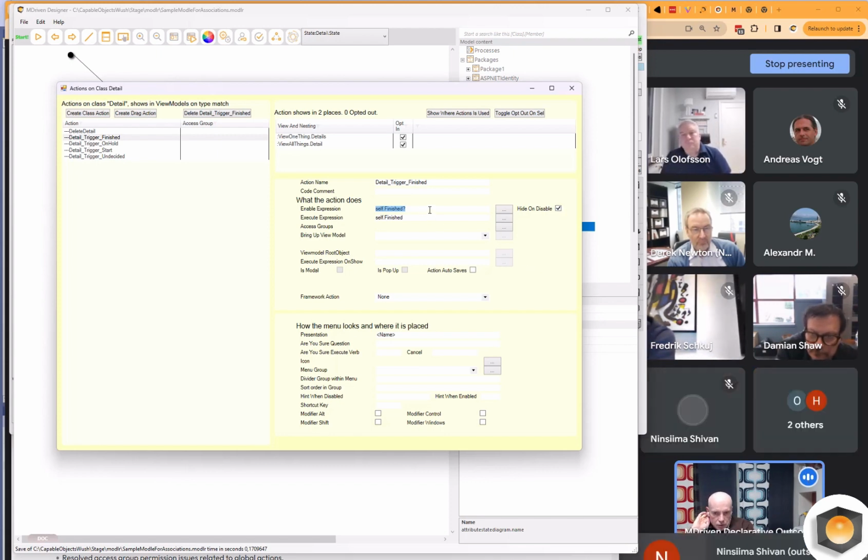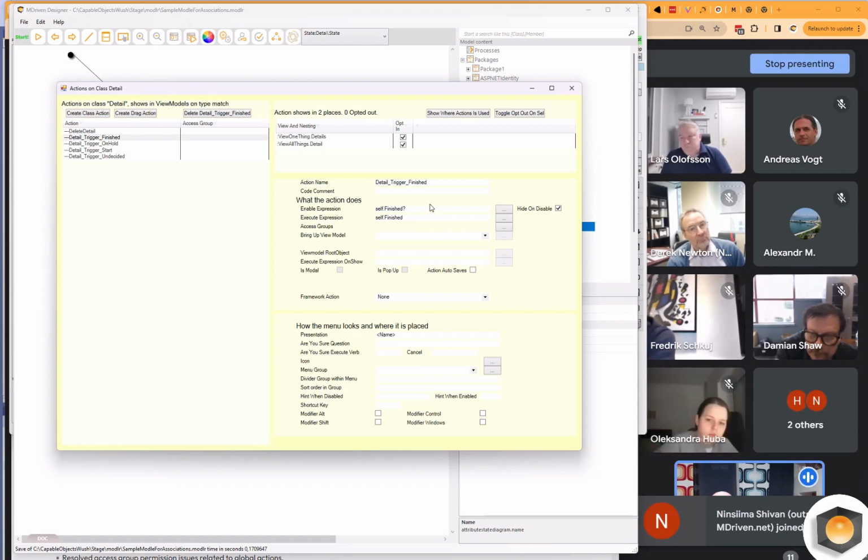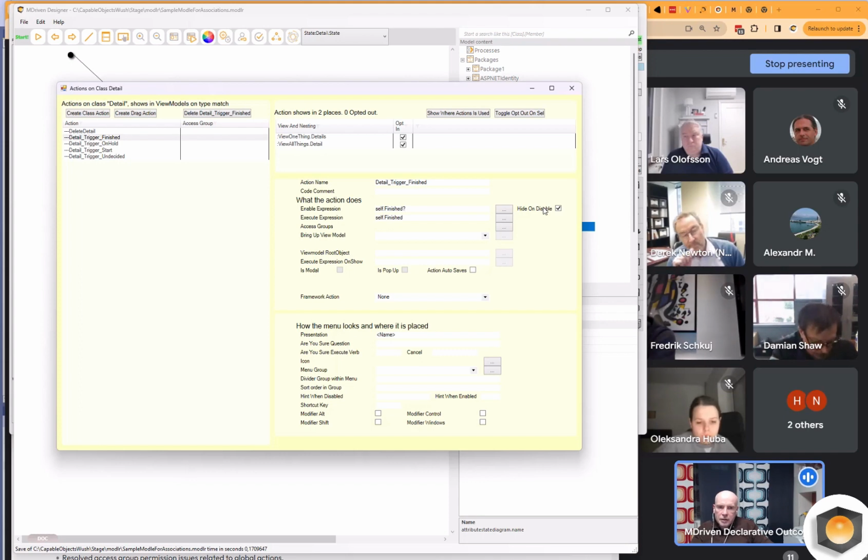And of course, you don't always want to hide things if they are disabled, so it's definitely an option. The negative thing with hiding actions is that a user who isn't allowed to do a thing because they haven't filled in all the information or doesn't have the access rights, etc., they will call support and be a total loss on what to do next.